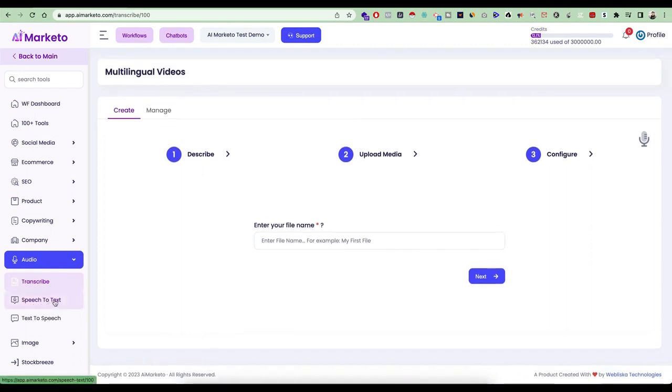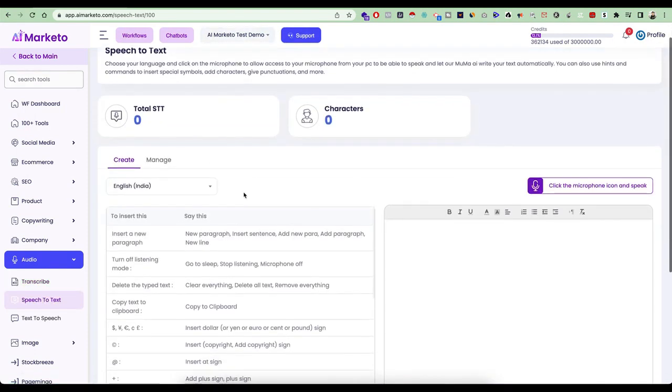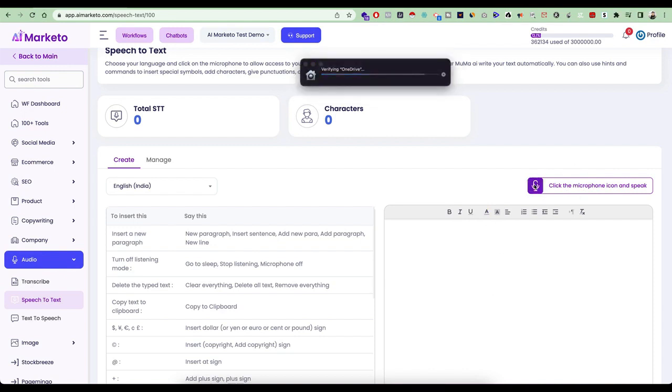Then you have speech to text, where you can simply speak in front of the mic, and after that it is going to give you speech to text, right? So whatever you say or whatever you speak, it is going to give you all the transcriptions over there. So for example, if I just click on the microphone here,